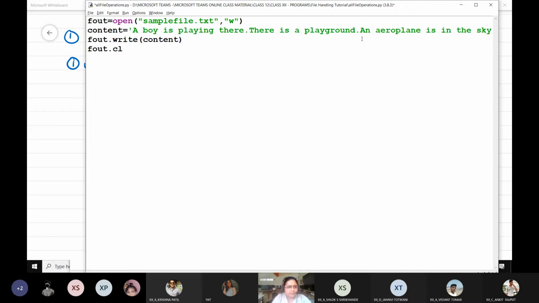That's all. And finally, here close is very important because only when you close the file, normally Python automatically calls the close function using the file object at the end of the program if you have not written it. But if suppose you are writing a lengthy program where a lot of work has to be done, file needs to be opened and closed multiple times, it is good programming practice that you write close every time, because if you write close, you are making sure that whatever changes are made to the file object, they are made to the file, to the disk file itself. So I'm going to save it.